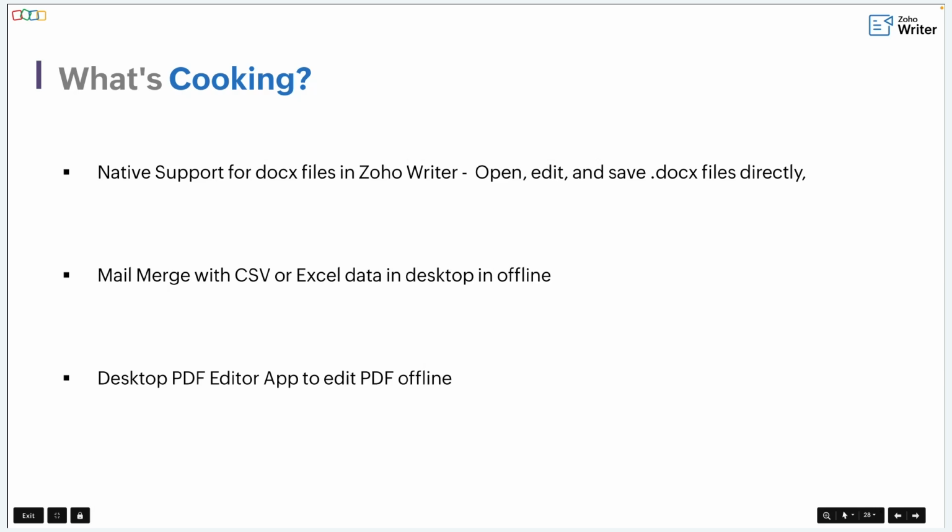This will allow users to edit PDFs completely offline, including making annotations and updates, and also allow you to replace any existing PDF editors that you already own. Together, these upcoming enhancements further strengthen the product's offline readiness and its ability to work seamlessly with existing document formats and real-world business workflows.